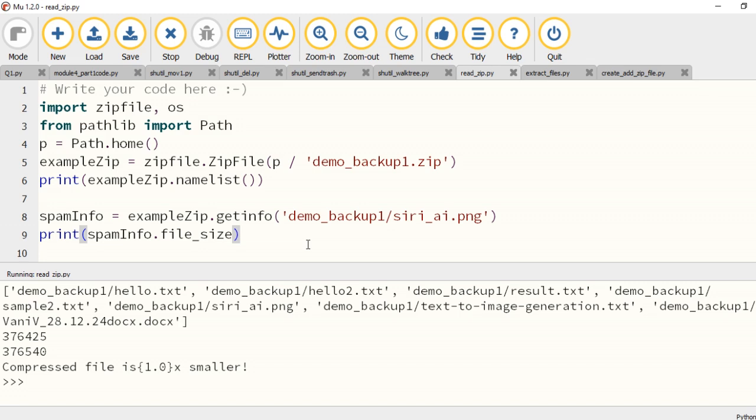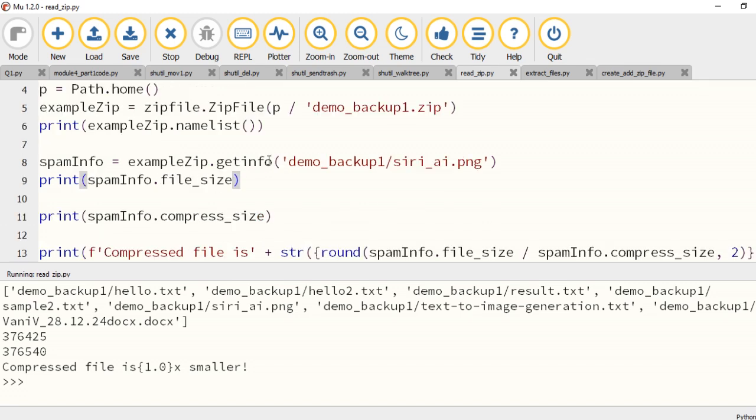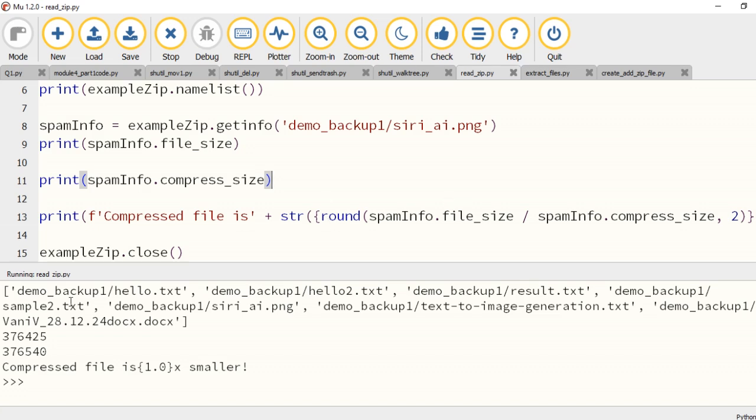And if I want to get more information about it, then you have to use a function getinfo. So file size in this case, it is giving this much, 376425. And it is also giving you the compressed size. So this is the file size, this is the size after compression. And suppose you want to do a comparison, how much compression has happened, you just do a division, right? Divide the file size by the compressed size, right? And you will basically get a